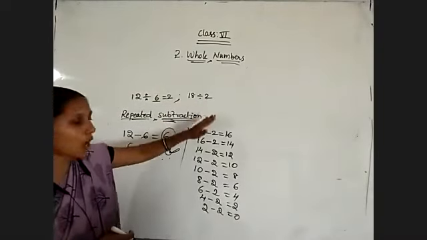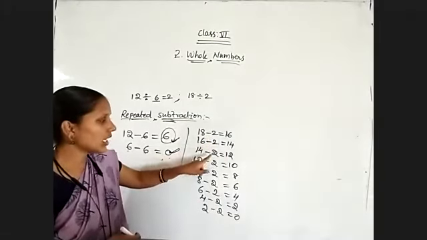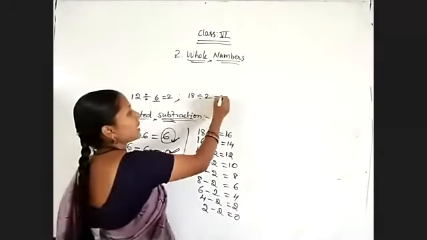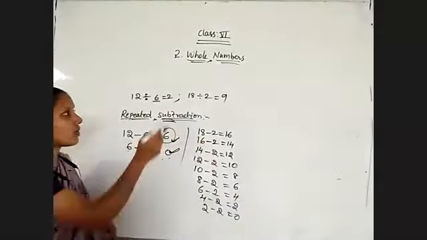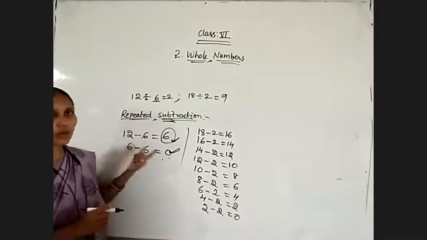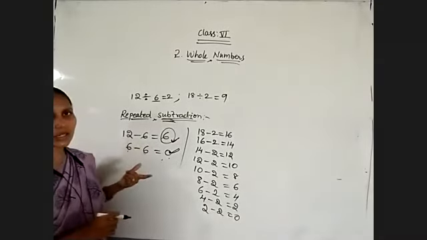Now observe how many times we have repeated this process. 1, 2, 3, 4, 5, 6, 7, 8, 9. So 18 divided by 2 is 9 only. 2 ones are 2, 2 nines are 18. Yes. So take a few more examples yourself and do them in the repeated subtraction method.